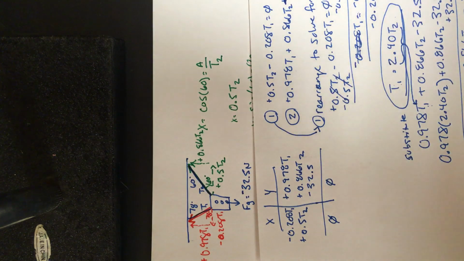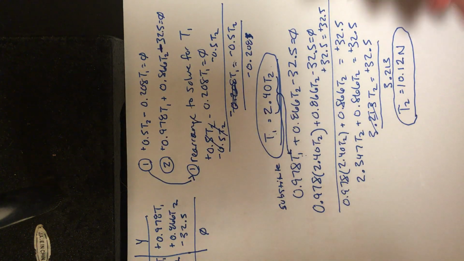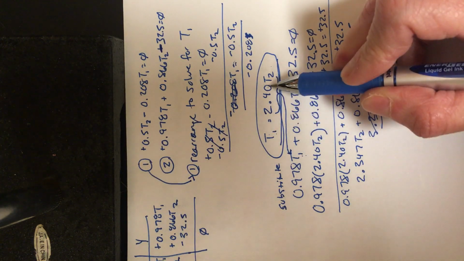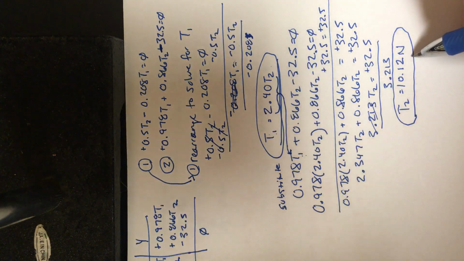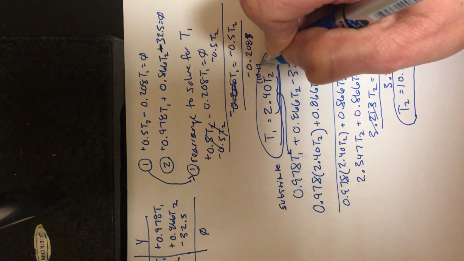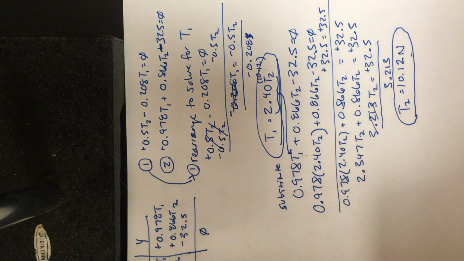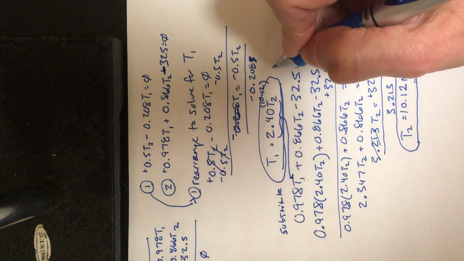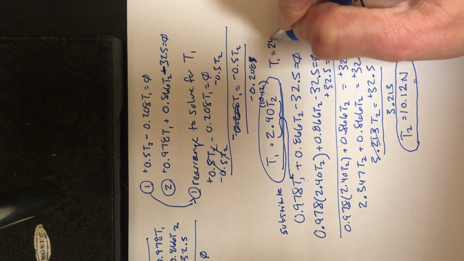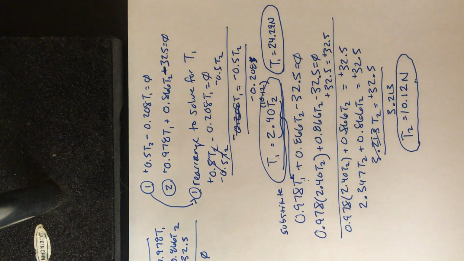So what we can do now, this last step is super fast, is we can go find what this cable is doing, and we're going to go back to where you circled this guy because he's important. All we got to do is take this value down here for T2, which is the 10.12, and put it right in there. So what would be 2.4 times 10.12? That gives us a T1 of 24.29 newtons. Note that right there is the tension